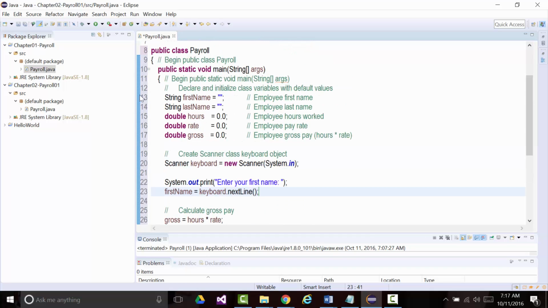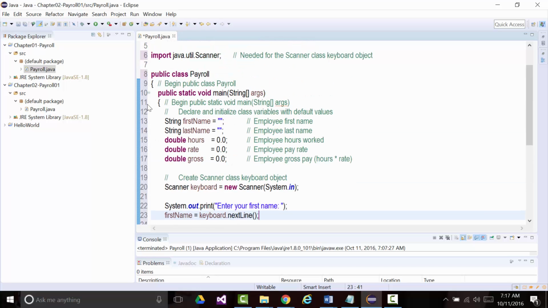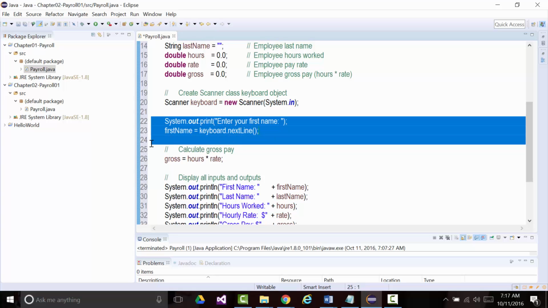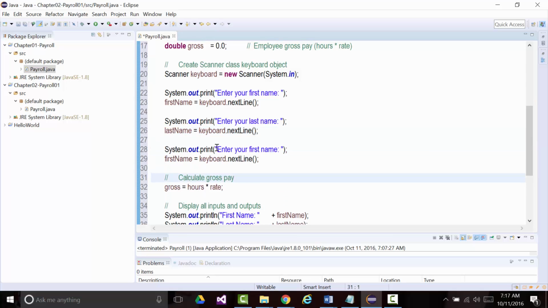So notice now I am using this, and all the stuff that said I had stuff that wasn't being used is gone. So I can take that, copy it, and have it say enter your last name, and that will now become lastName. And I can copy it again, and here we'll say enter your hours worked,